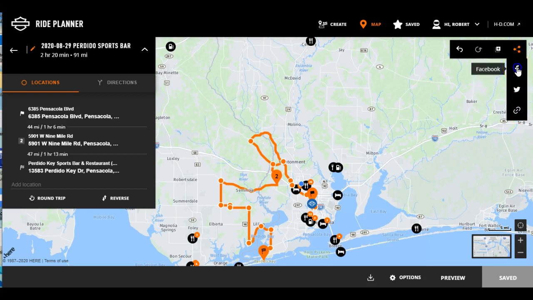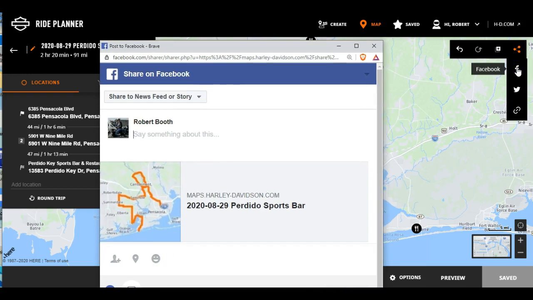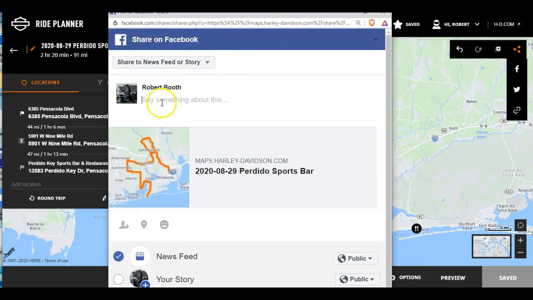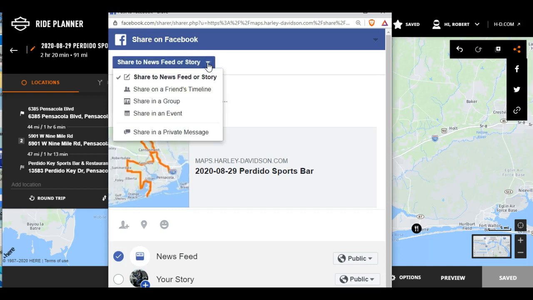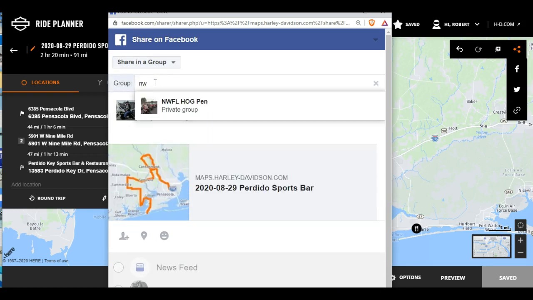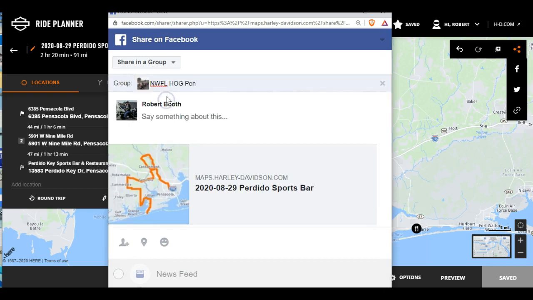We'll select Facebook. We can type something about the file, like, and I'm going to share to a news group. So we'll share in a group, begin typing the name of the group, select it,